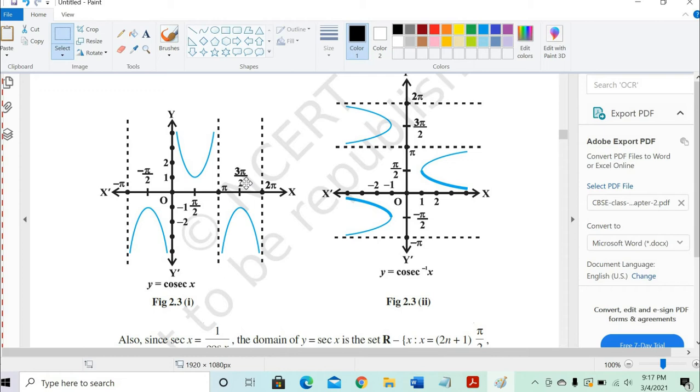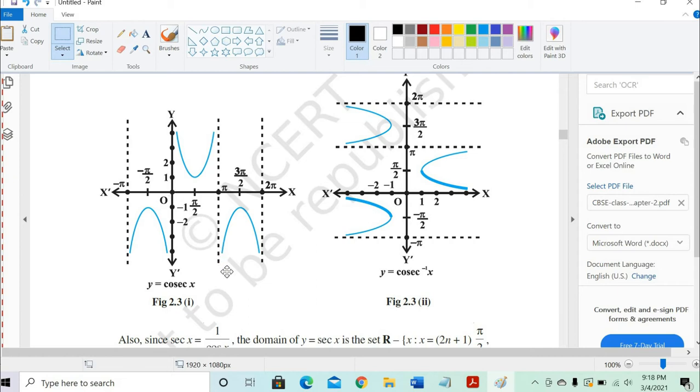So in the cosec x, Vijay, if we just see, we have the U-shaped graph. Can you see the U-shaped graph? Yes, sir. Okay, so we have to just consider, see, it's not a continuous graph. So y is equal to cosec x. Cosec x means it's the reciprocal of sine x.